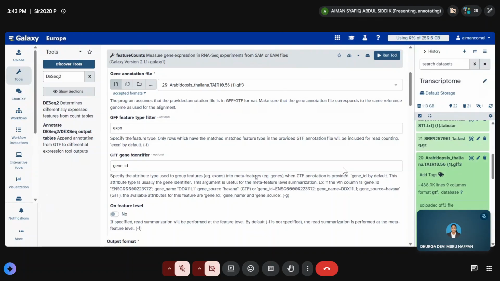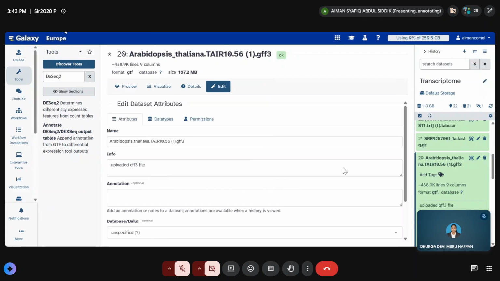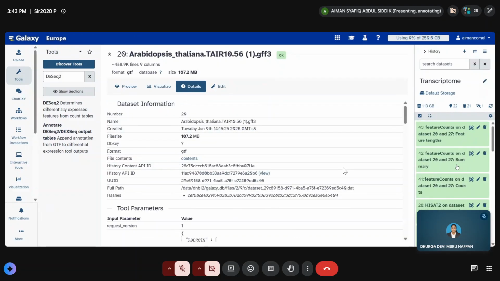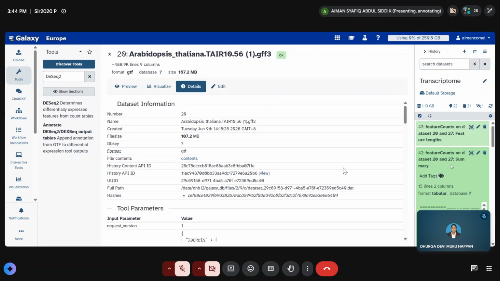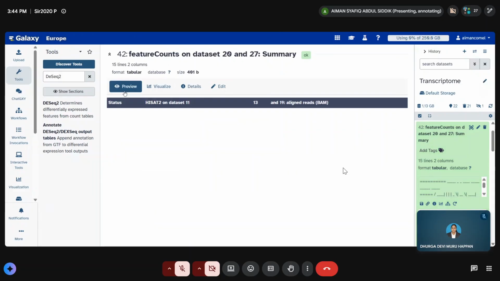How do you convert? Can you show me? No, you cannot do that. You have to use the GFF read tool I mentioned just now to convert. But is my result okay? How do I show the summary? Is this the file to see if it's okay? Preview.